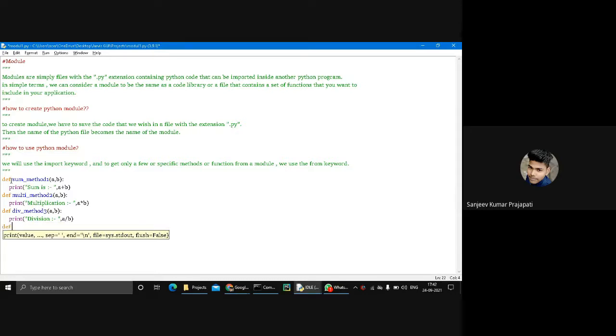Next method is floor division, method 4.